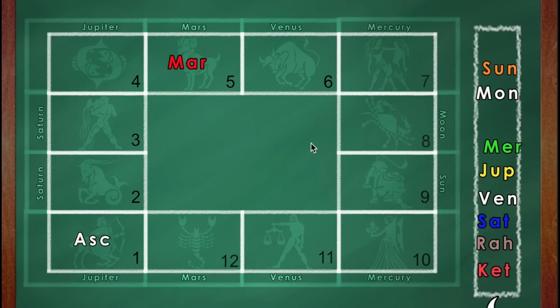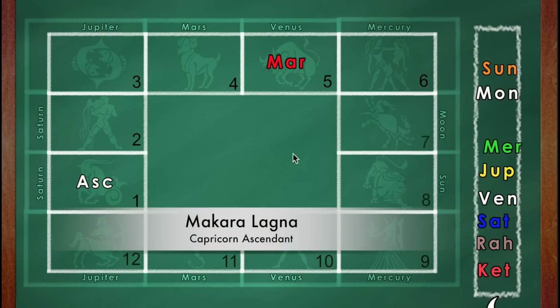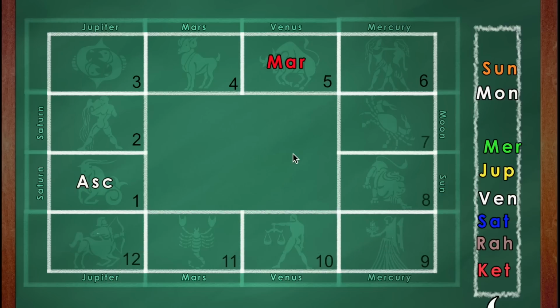of Mars being expressed. This is Makara Lagna, Capricorn ascendant, and Mars in the fifth house is in the sign of Venus, and Venus is also a natural benefic, and usually Mars softens up a great deal in the sign of Venus, and therefore you should expect more of the positive side of Mars to be expressed in the person's